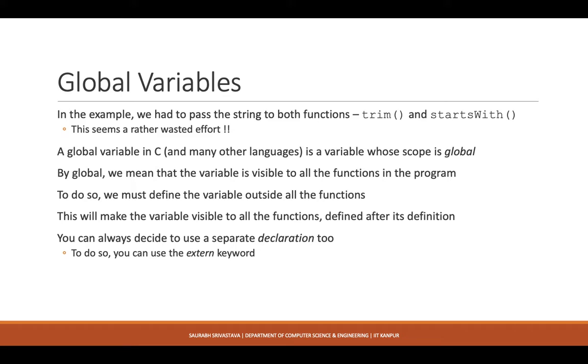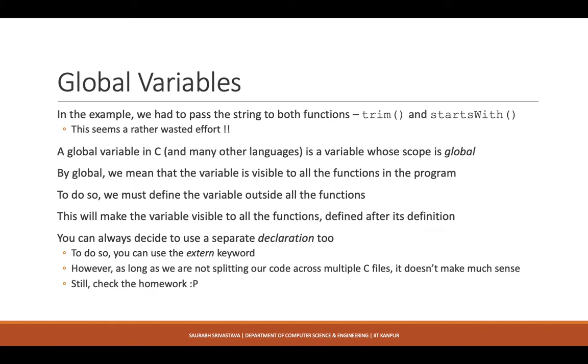Of course, if you want it to be visible to the functions that are defined before its definition, you can always add an explicit declaration, right? So we keep going back and forth on that declaration and definition thing. Similar to a declaration of a method, you can also have declarations of these global variables, and by the way, if you want to do that, there is a keyword called extern. You can use it, but